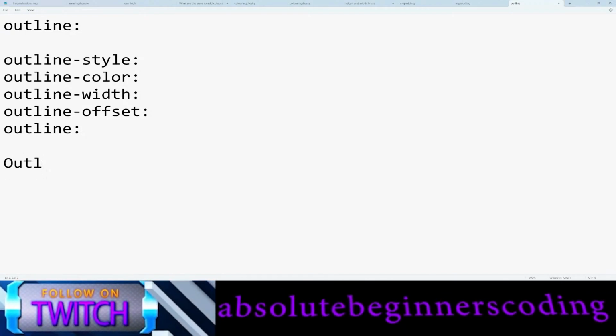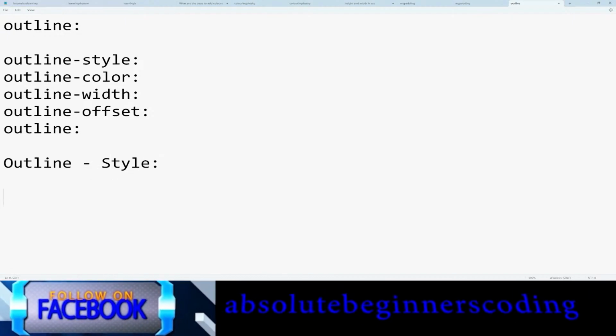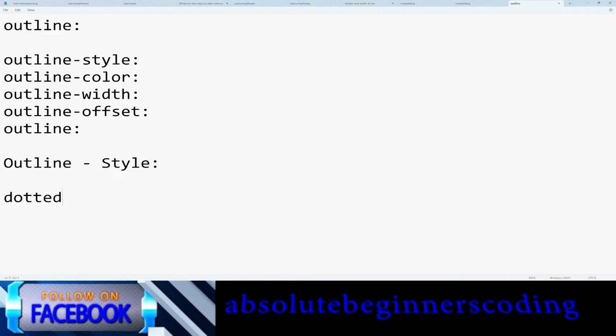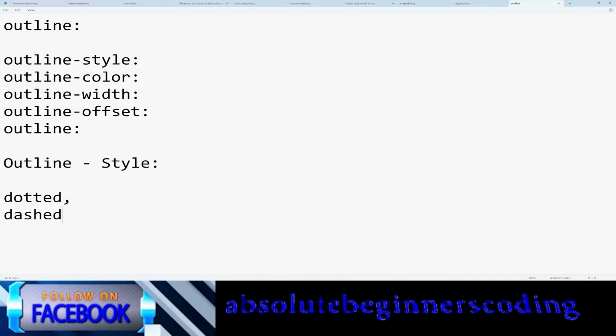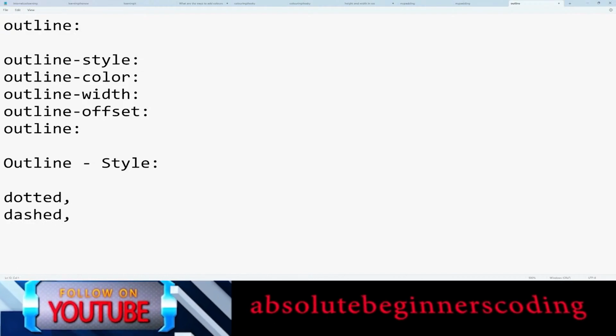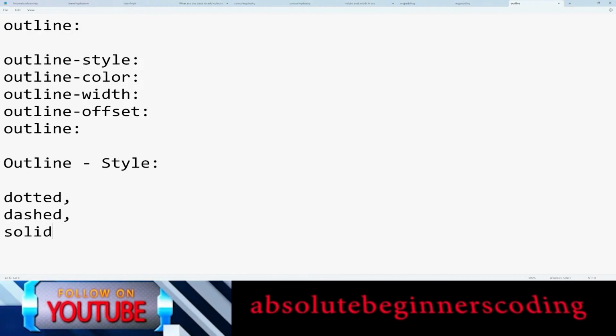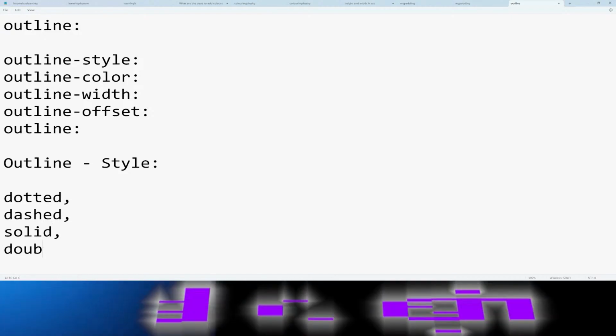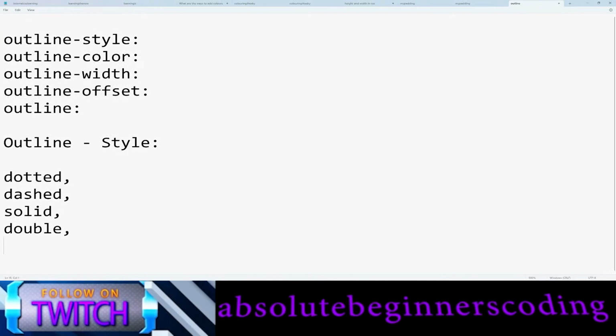Outline styles. Okay, the first one is dotted, and the second one might be dashed, and the third one might be solid, and the fourth one might be double, and the fifth one might be groove,